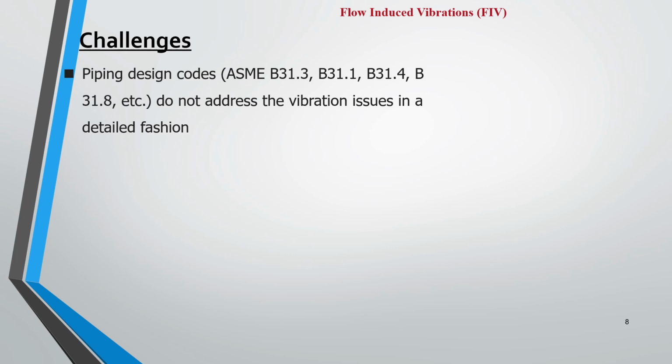So normally for designing our piping system, if it is a process piping, we follow ASME B31.3. If it is a power piping, it will be designed based on ASME B31.1. If these are pipelines, then maybe B31.4 or ASME B31.8. So all these codes do not provide any proper guidelines to address the vibration issue. Because of that, during the design stage, normally this remains unnoticed or attention is not given because there are no detailed guidelines. And also in recent times,